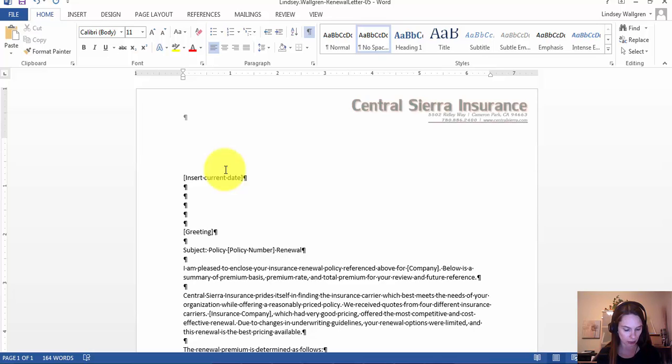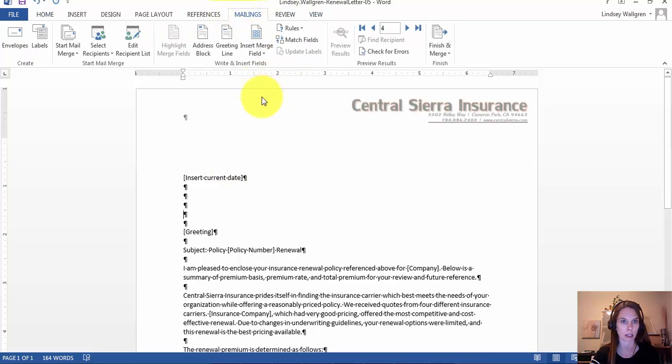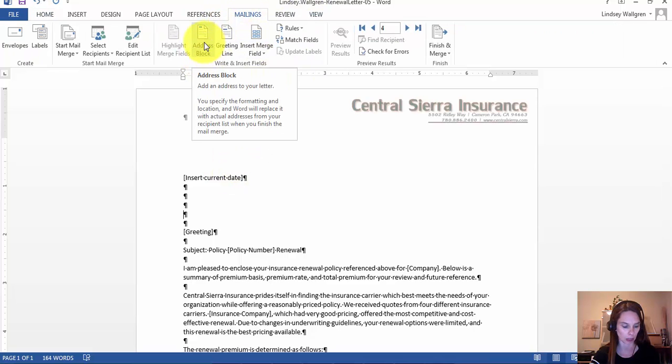Step C, click the address block button. Write and insert fields group. Insert address block button opens. So now we need to get back to our mailings, and address block is what we are filling in now,